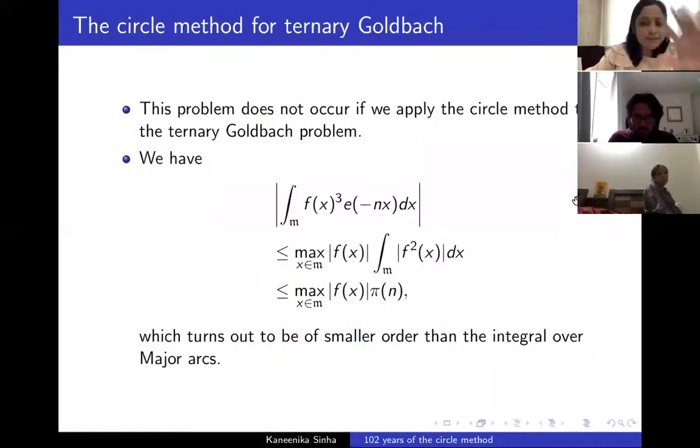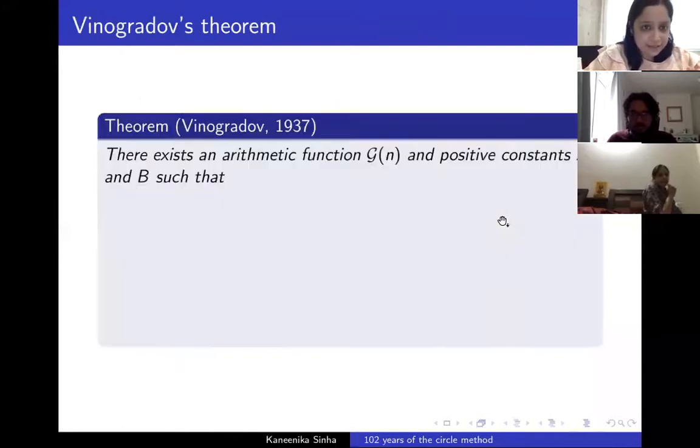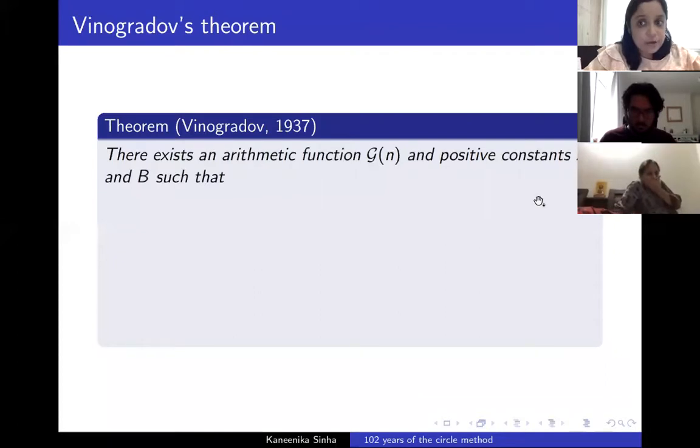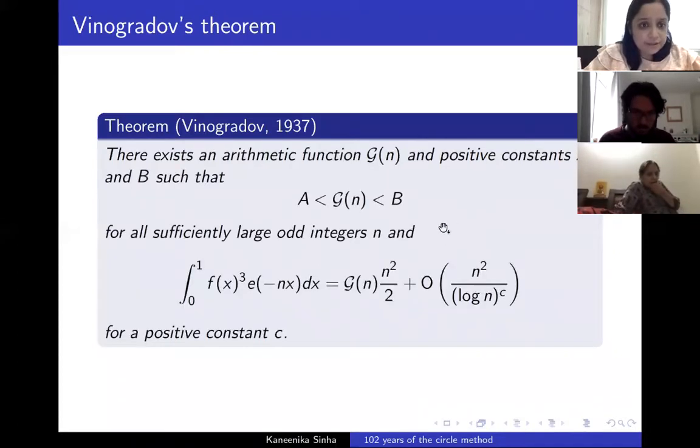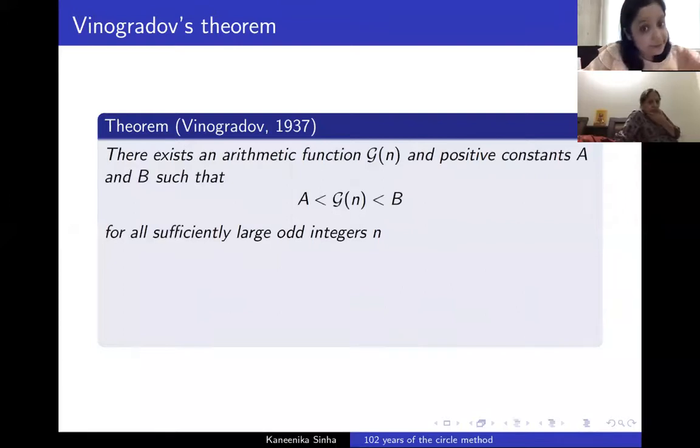So this was just to give you a general idea about the method. Now we write this theorem, Vinogradov's theorem, in its more technical form. It says: let n be some odd positive integer. There exists an arithmetic function, g of n, which lies between positive constants a and b for sufficiently large odd values of n, and